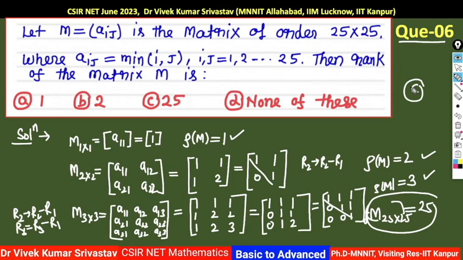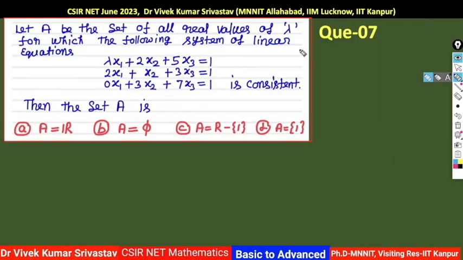Now we move on to the next question, that is question number 7, right? Now see the next question. This is basically question number 7. These types of problems are frequently asked at CSIR level. You can just see the question papers of previous years. You will observe that they ask these types of problems frequently, right?